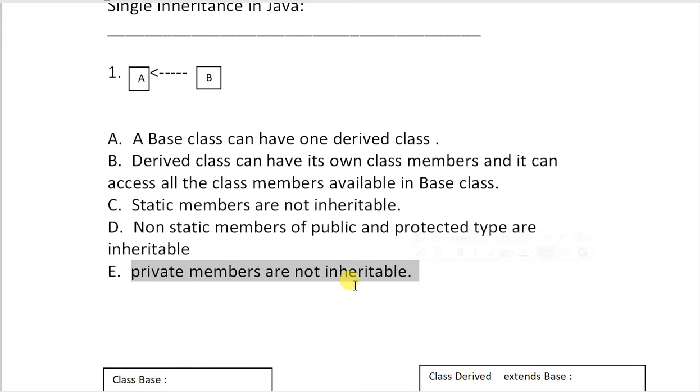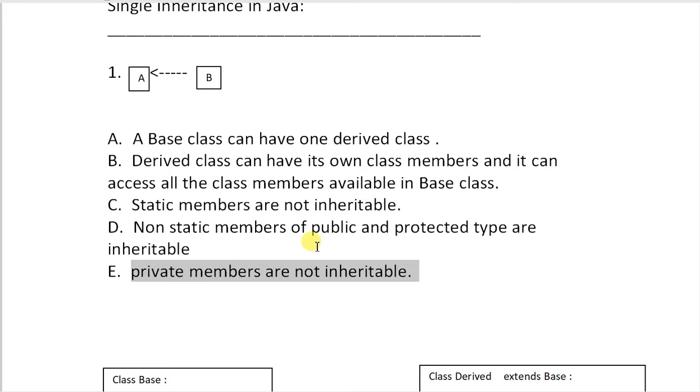So three types of access specifiers we discussed over here: public, private and protected. Members which have public access specifiers are inheritable, we can inherit those members. The members which have protected access specifiers also are inheritable.